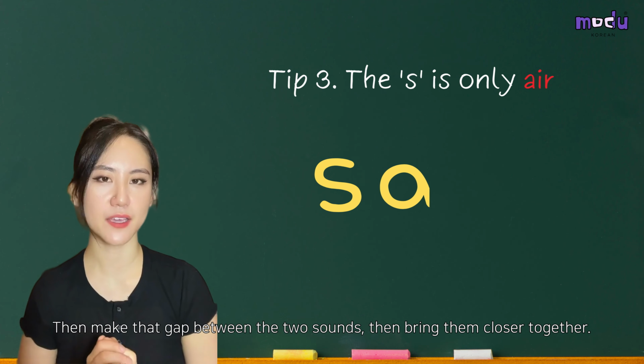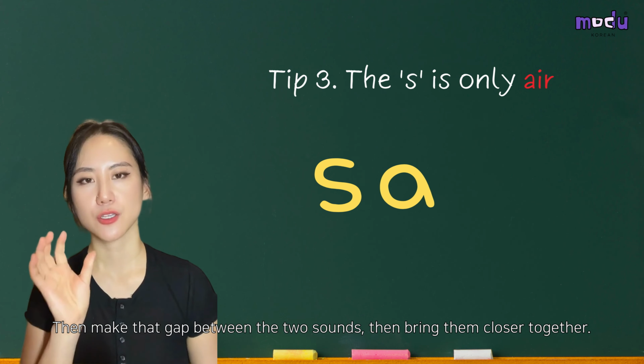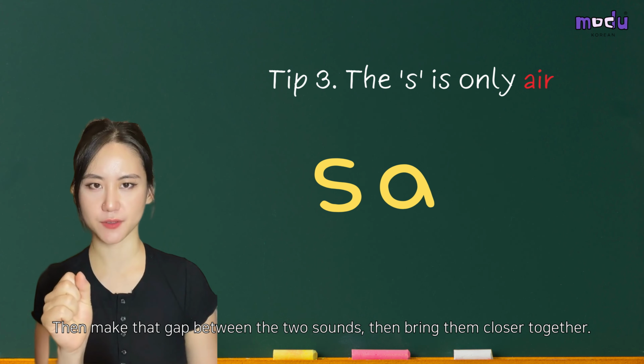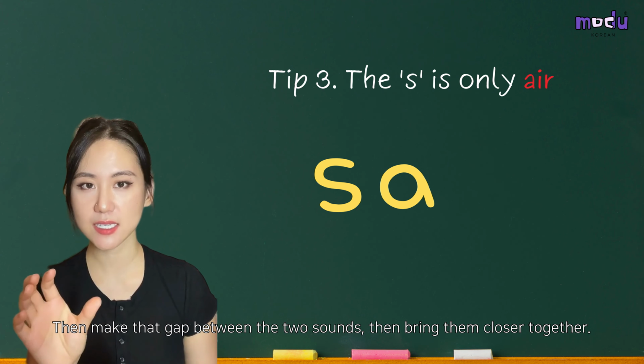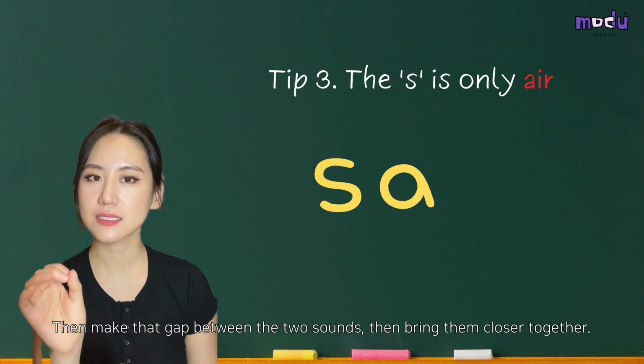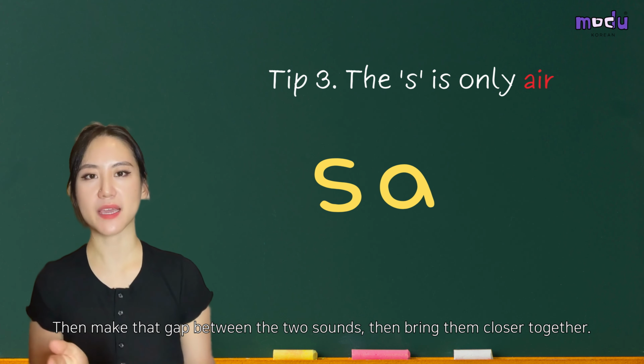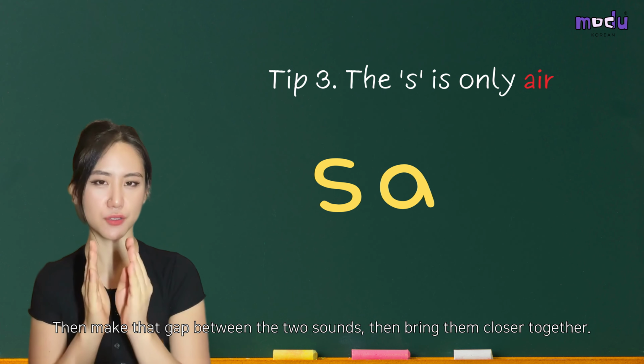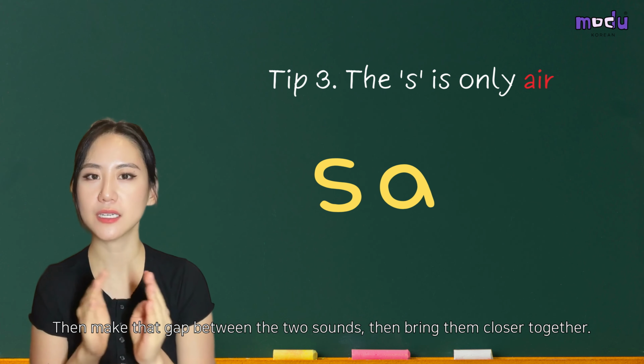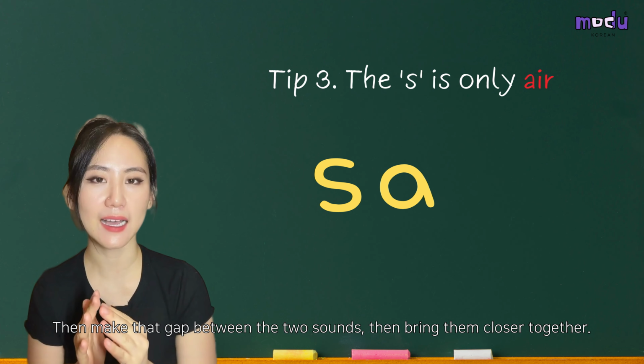So if this is a sound that you are finding a little bit more difficult, try to separate those sounds first. You're separating by going s, ah, s, ah. And then you're just making that gap come closer and closer and closer. So it would go s, ah,